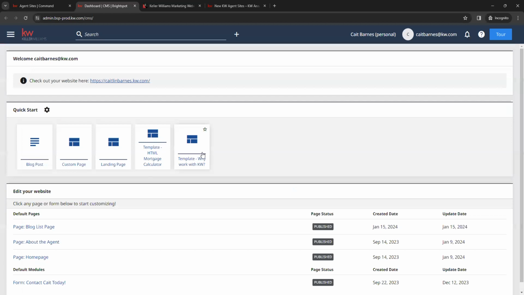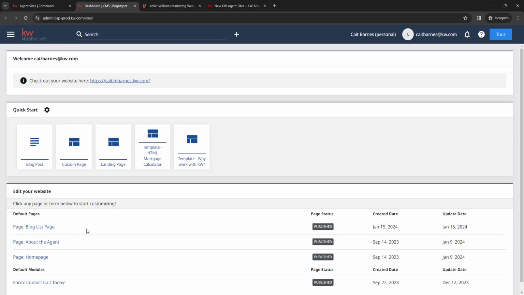So this is going to be our website dashboard here. As far as today's coverage, we are just going to work our way down the edit your website portion right over here. These are going to be our default pages that we get automatically upon launching our new website. We're going to go through these in order of how they're listed here, just to avoid any back and